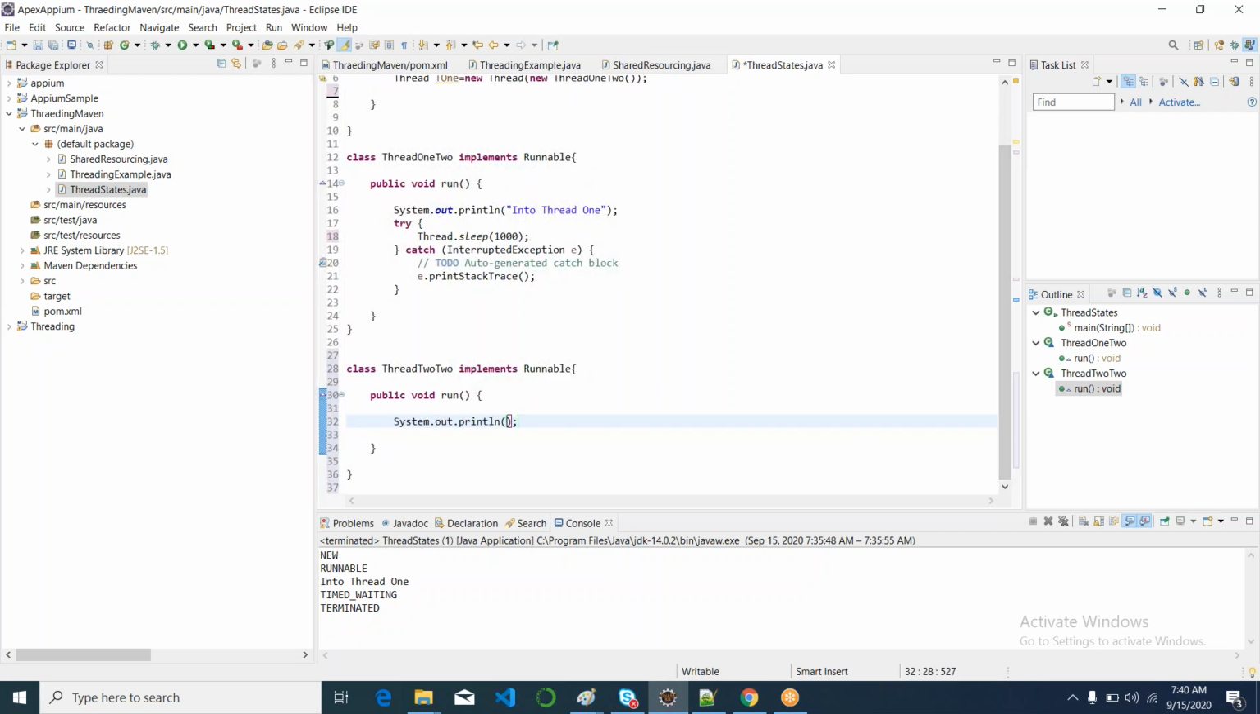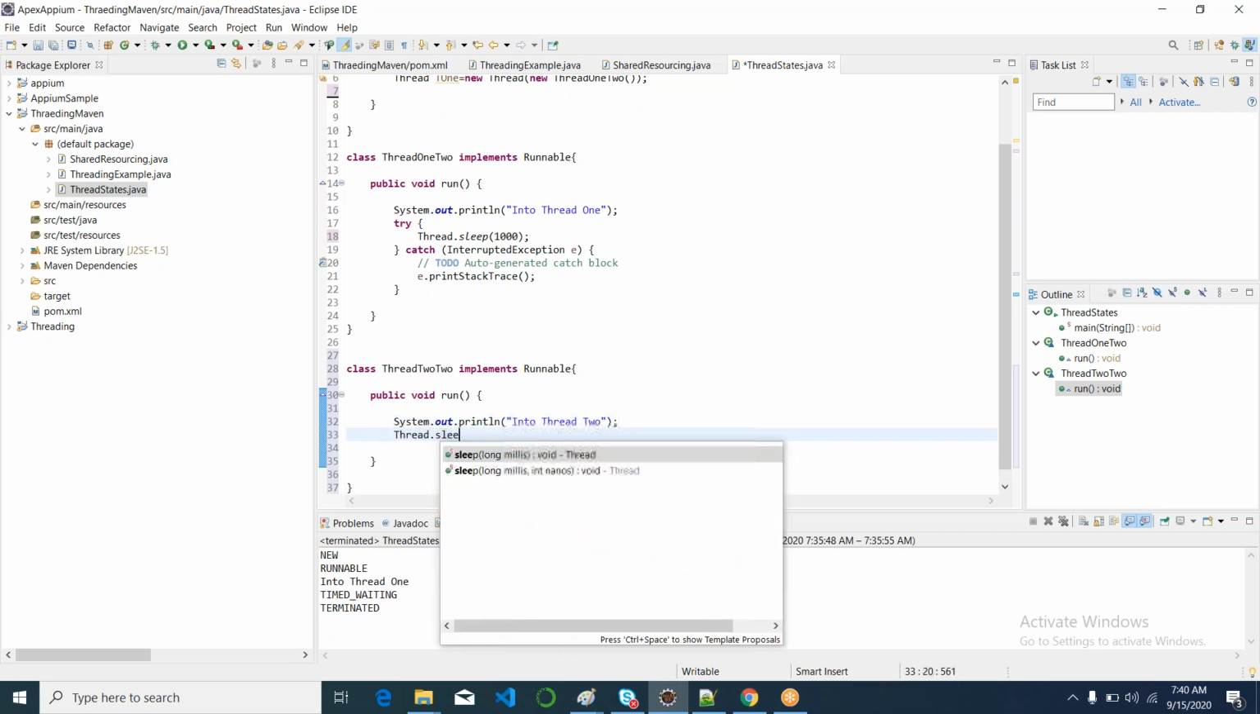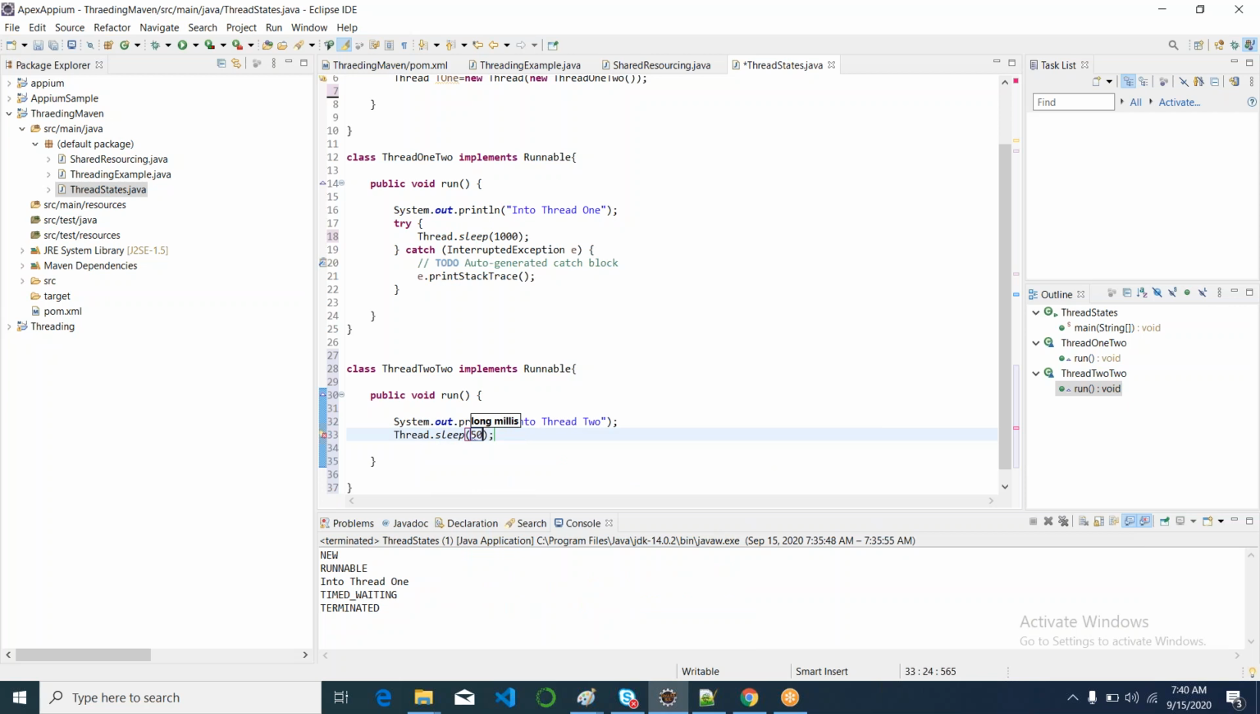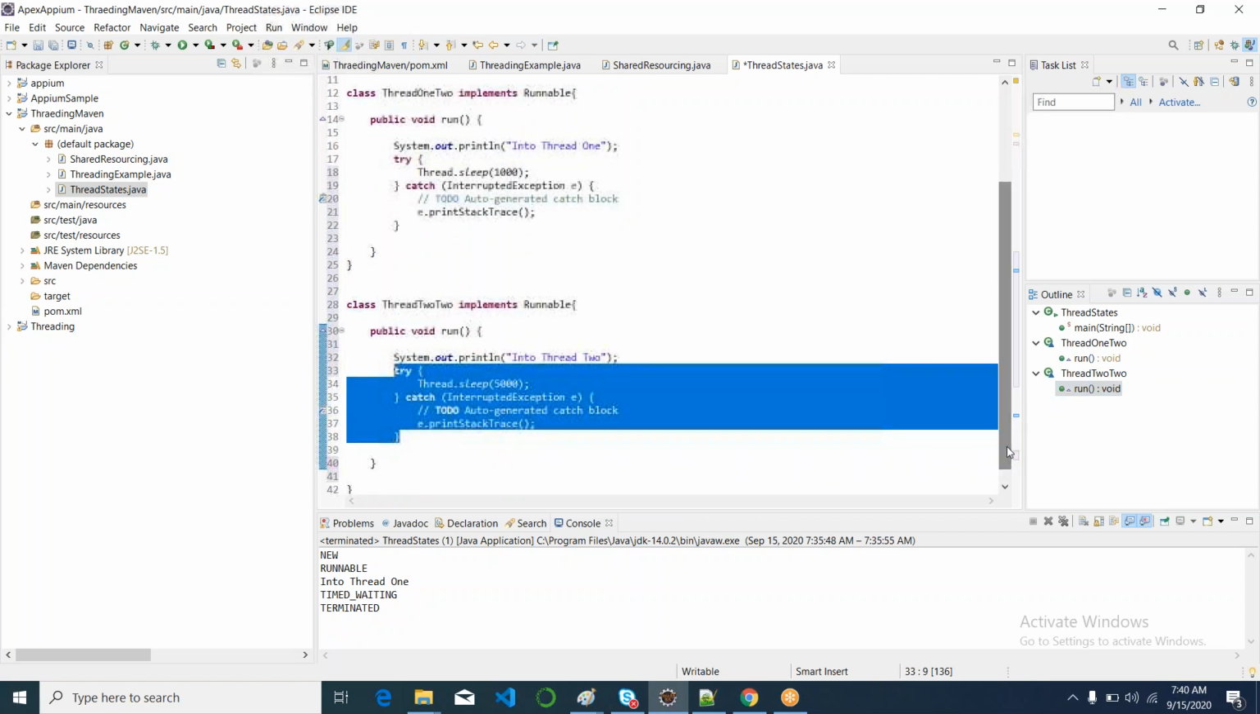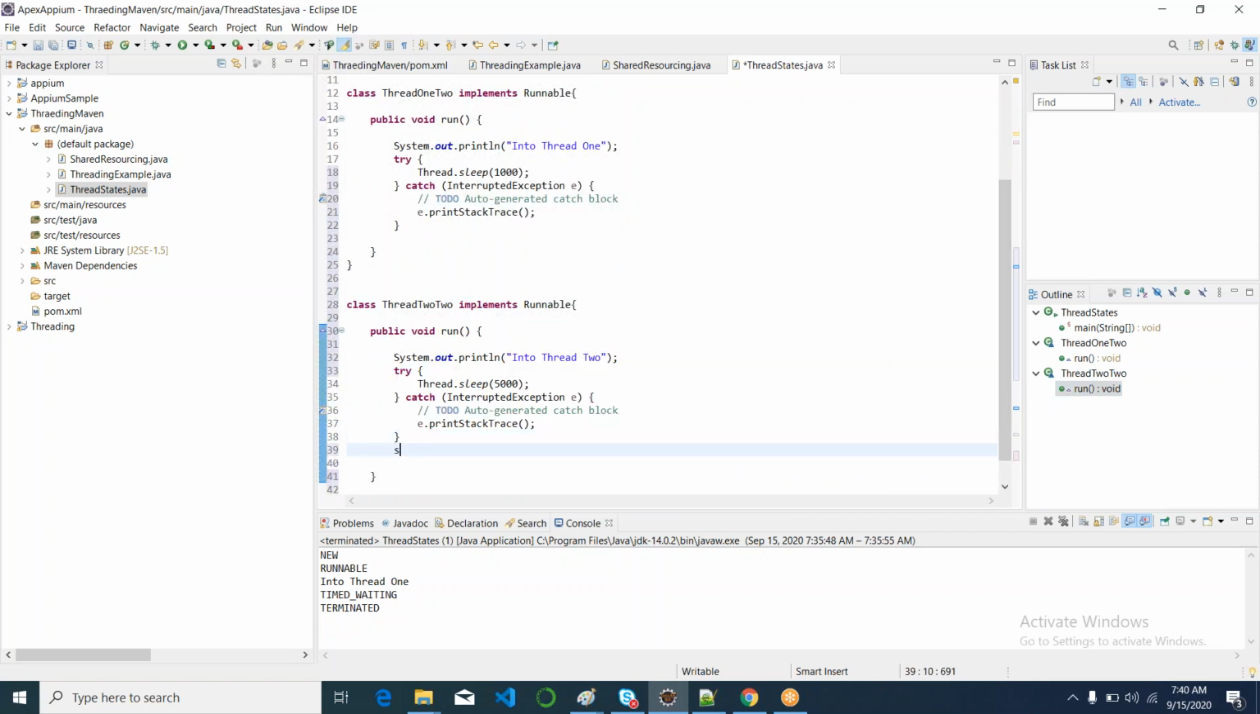This is out into thread 2, and Thread.sleep. Let me wait for 5 seconds here, and at the end let me put a sysout statement saying thread 2 execution completed. Thread 2 execution completed,